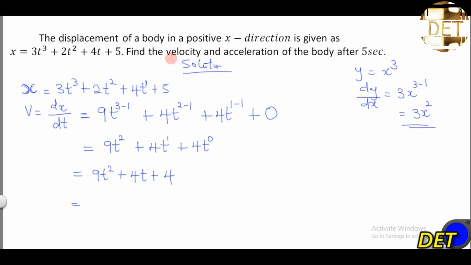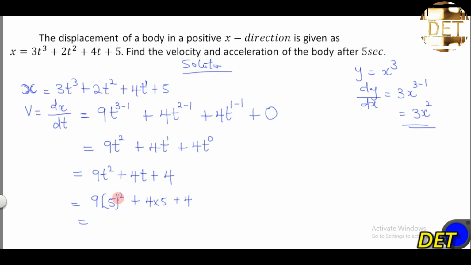So we are asked to find the velocity and acceleration of the body after 5 seconds. So your t is 5 seconds. So that will give us 9 times 5 squared, because our t is 5, right? So plus 4 times 5 plus 4. So this will be equal to